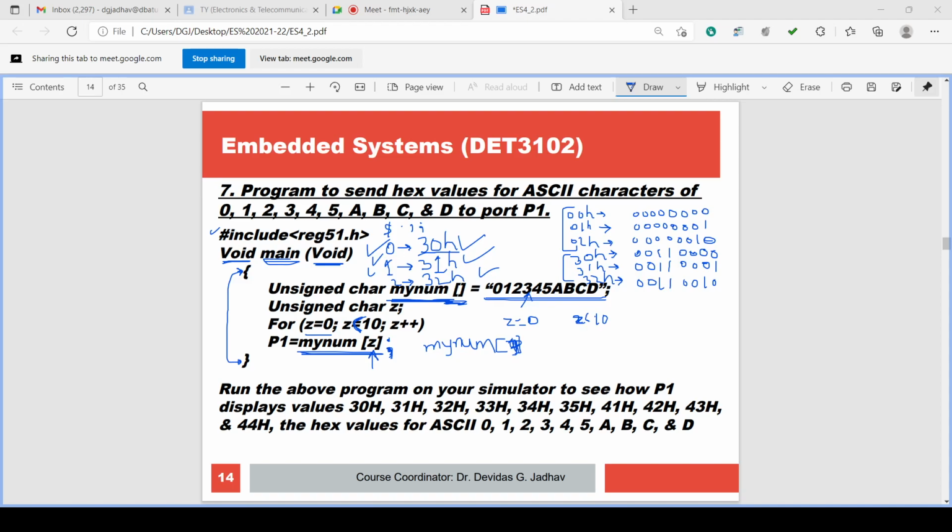So these symbols you can take. Space you can take. Space is also an ASCII character.